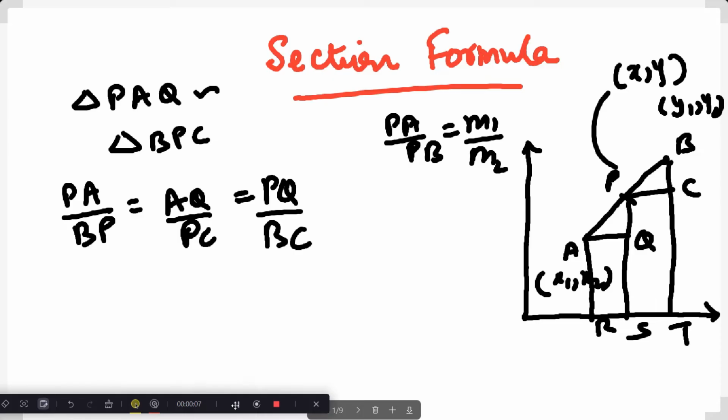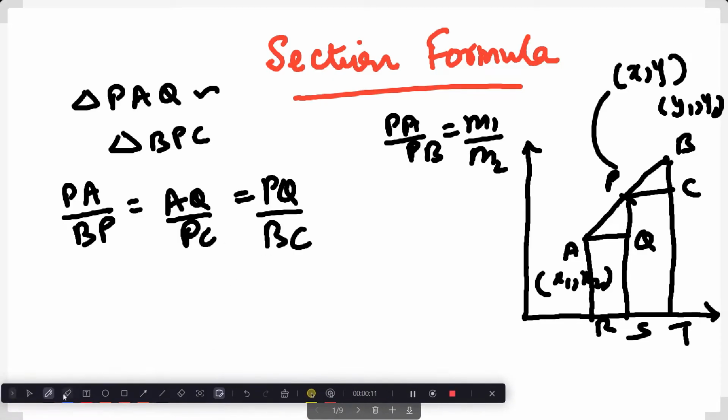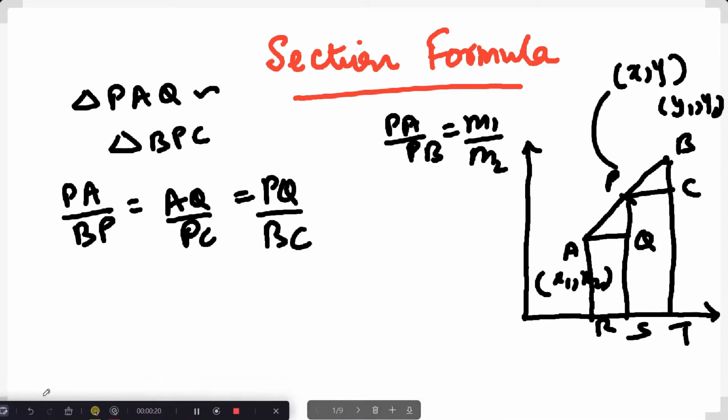Alright guys, let's move on to section formula. We will move on to this section of the chapter, just using a different colored pen. So, section formula. Let's consider